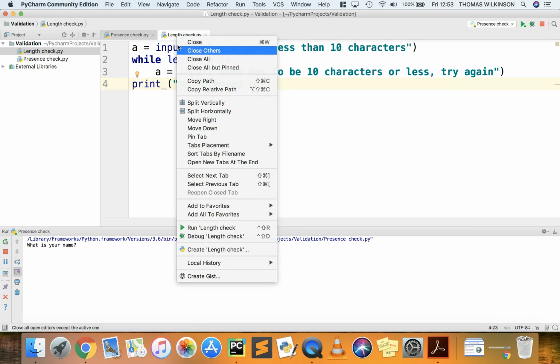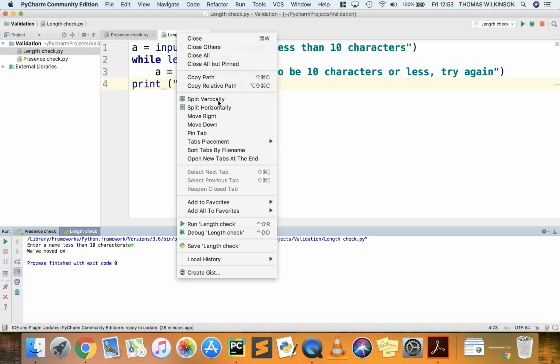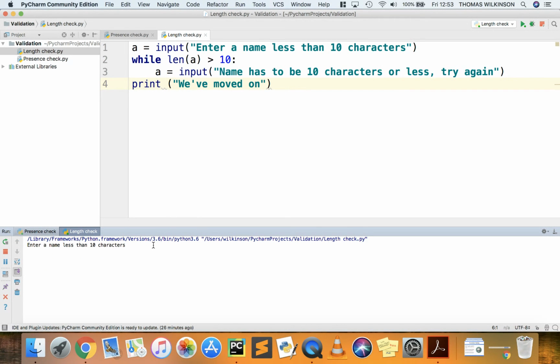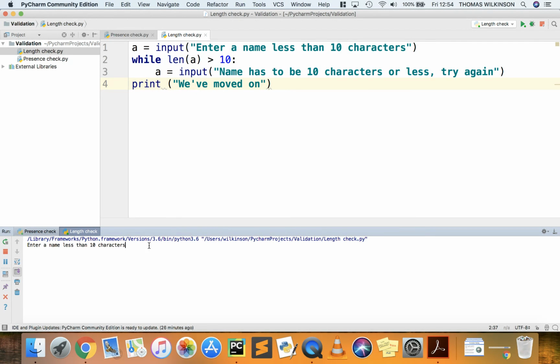So if we run this, and if I type in a really simple name, it's going to work nicely. If I enter a name that's somewhere in the middle, like 6 characters long, it's going to be fine with that. But then if I enter a longer piece of text, so let's say I enter a full name,